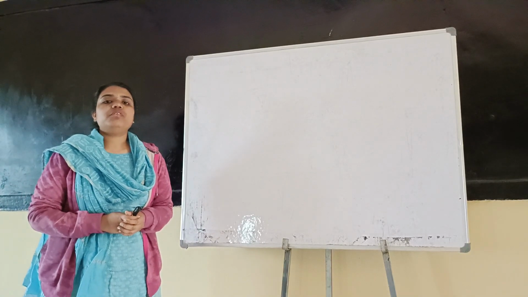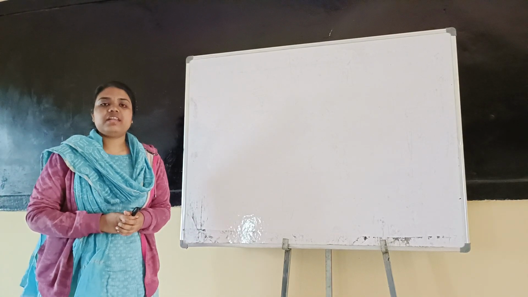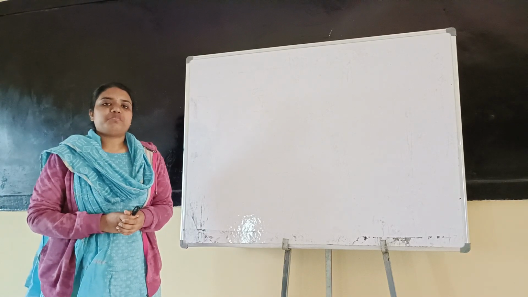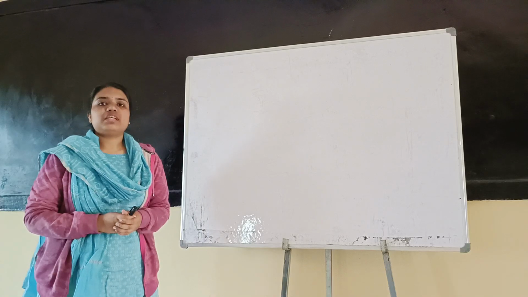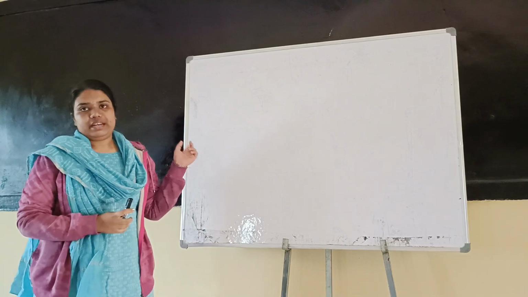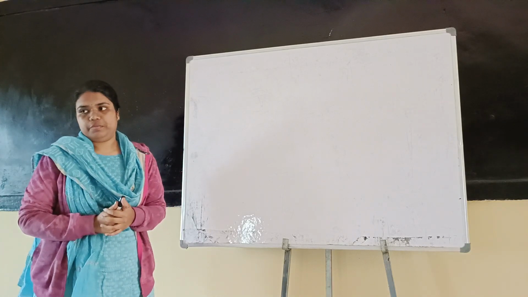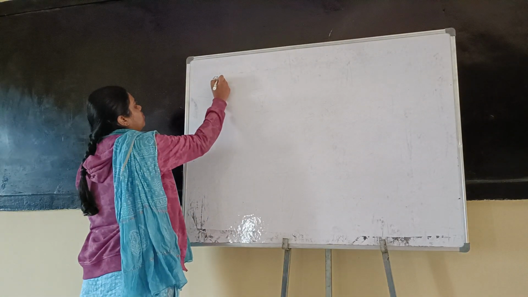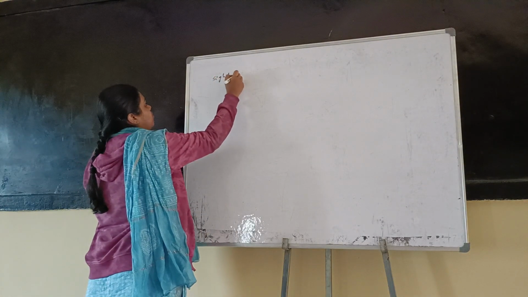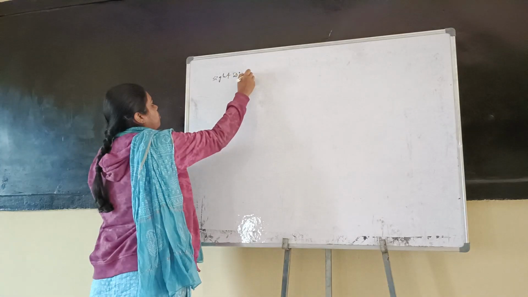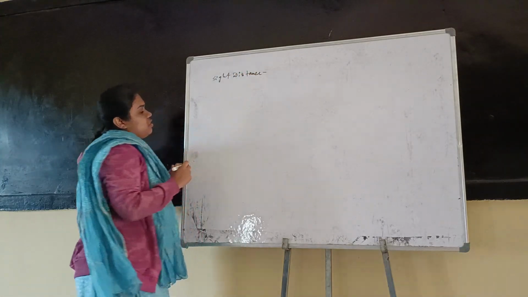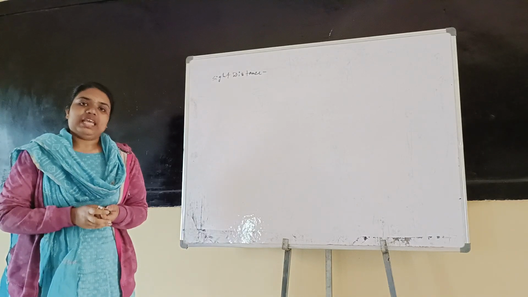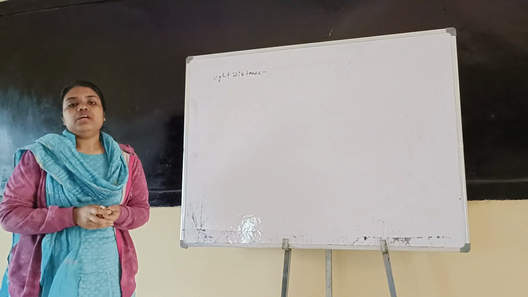Students, we will be learning about sight distance, and basically I will be starting with stopping sight distance. So before going to stopping sight distance, we need to learn what sight distance is. So let me write the definition and I will be explaining to you. So sight distance means the length of the road which is visible to the eyes